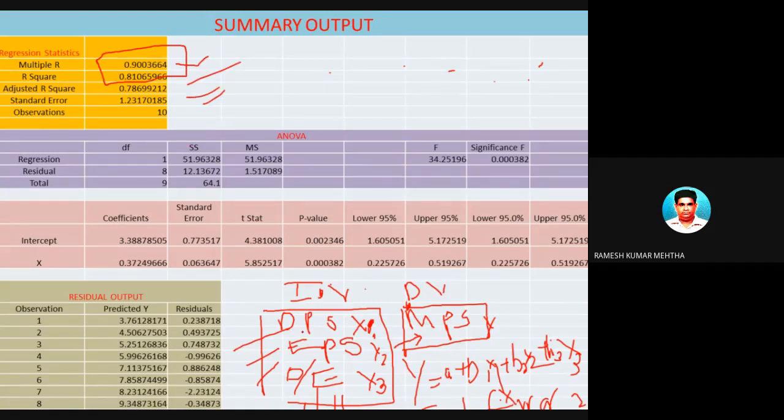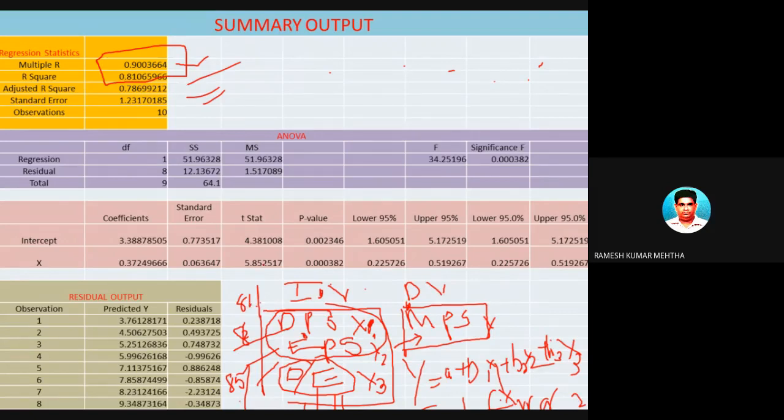So in the first case, when you used only this one, you got 81%. When you used earnings per share plus dividend per share, you got 82%. And when you used another independent variable, debt equity ratio, it gave 85%. So if you keep on increasing the independent variables, and the explanatory power is increasing, and the model is becoming stronger in explaining the dependent variable, then you keep on increasing it.